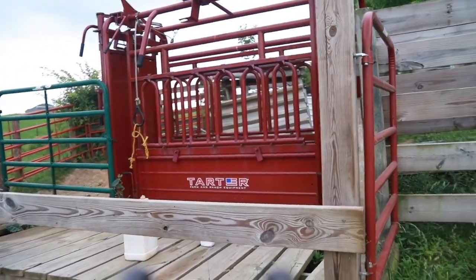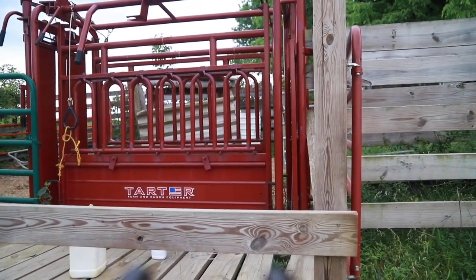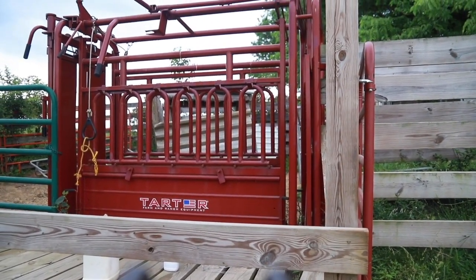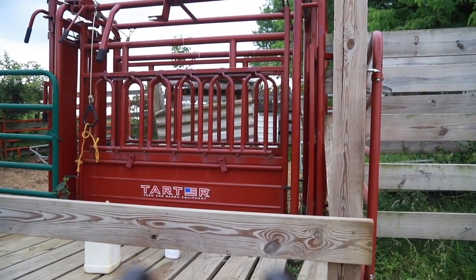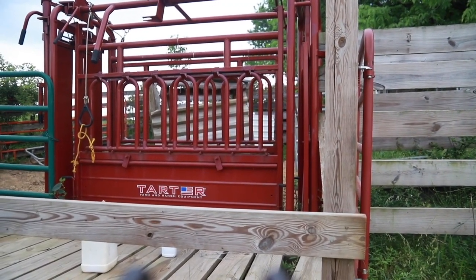ago. I bought it, and I say it was the best purchase I have ever made for our farm, because prior to this we just did not have a good way to work our cattle, and I have been bruised up and pooped on enough that I just finally decided that that was it, and I went out and bought him a really nice head catch so that our cattle can be worked safely and properly, and it has been a wonderful, wonderful investment. So as far as what we grow here on our farm, we do a lot of